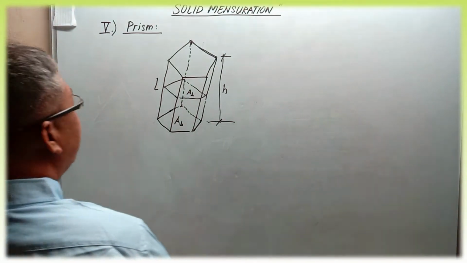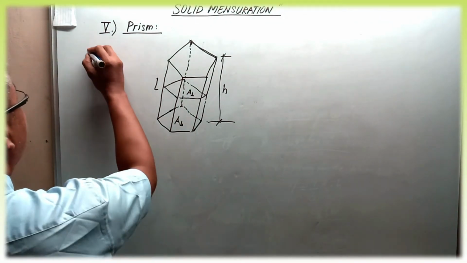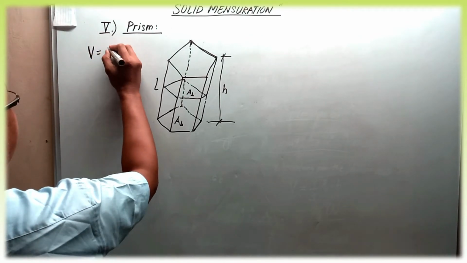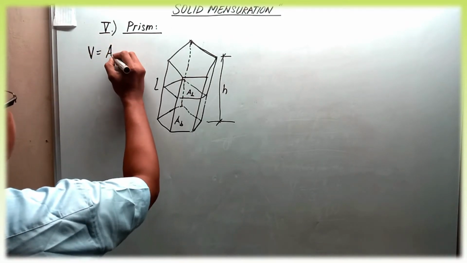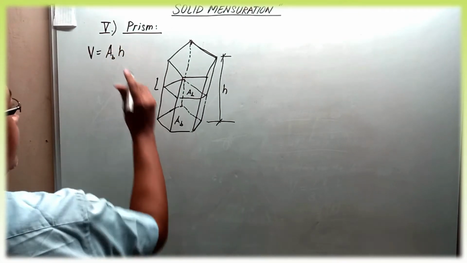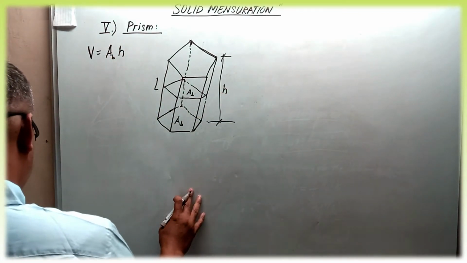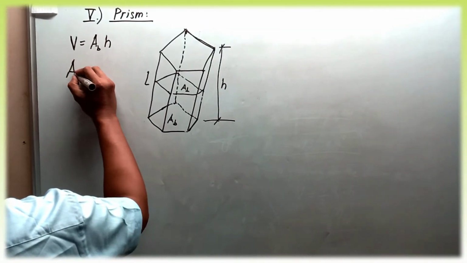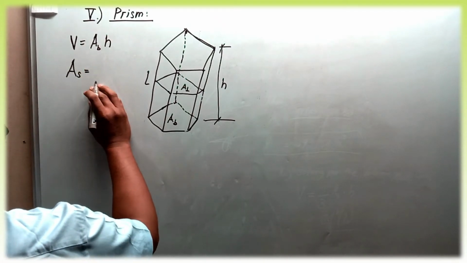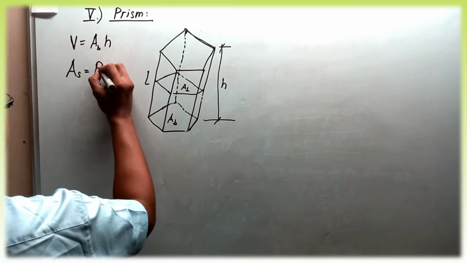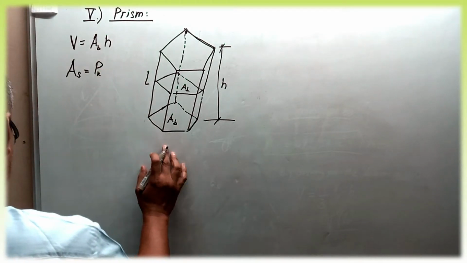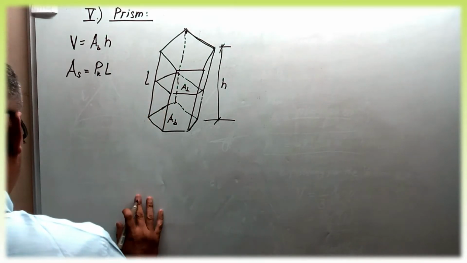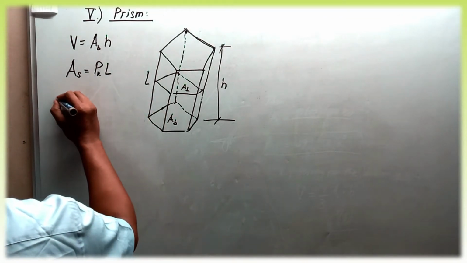So the volume for this prism, V is equal to volume, guys, the product of the area of the base times the altitude, and the surface area is equal to the perimeter of the base times the slant height, where